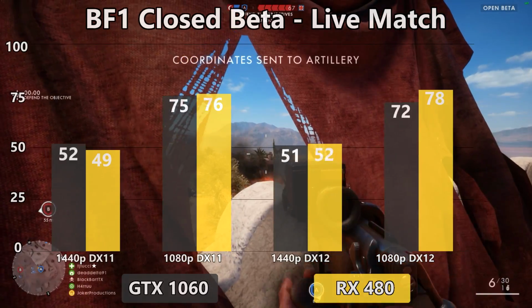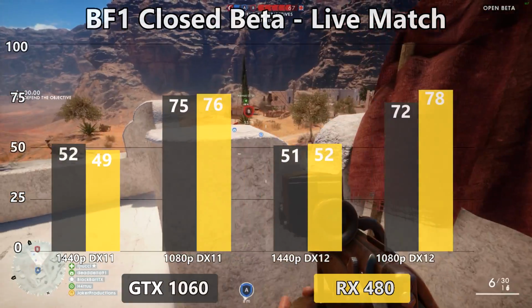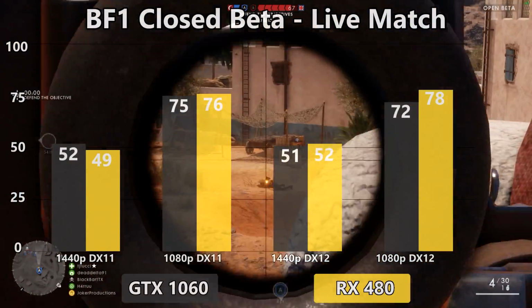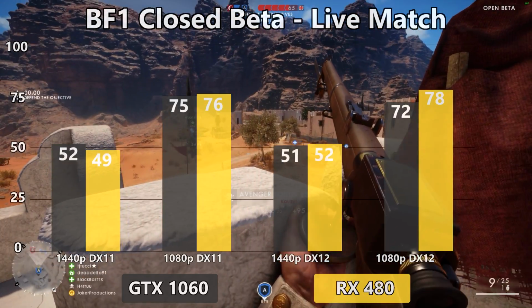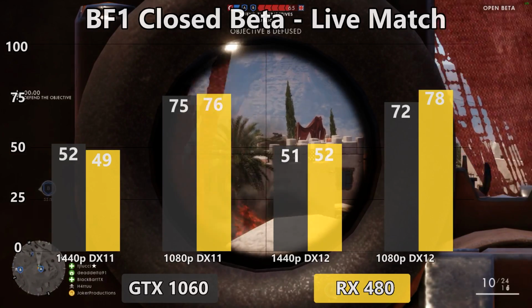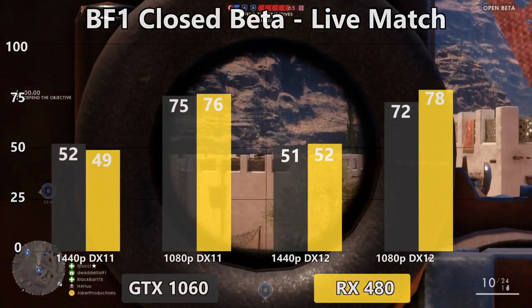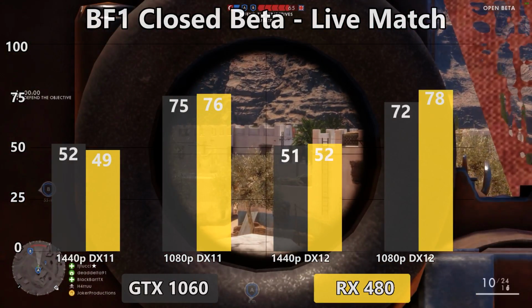Now looking at 1080p, once again, these cards more than able to handle themselves in the live matches as well. We see the GTX 1060 pulling in an average of 75 FPS versus the 76 of the RX 480, and then on DX12, the 1060 got an average of 72 versus the RX 480's 78 FPS. So at 1080p, in DirectX 12 in the live testing, the RX 480 got actually a pretty decent victory over